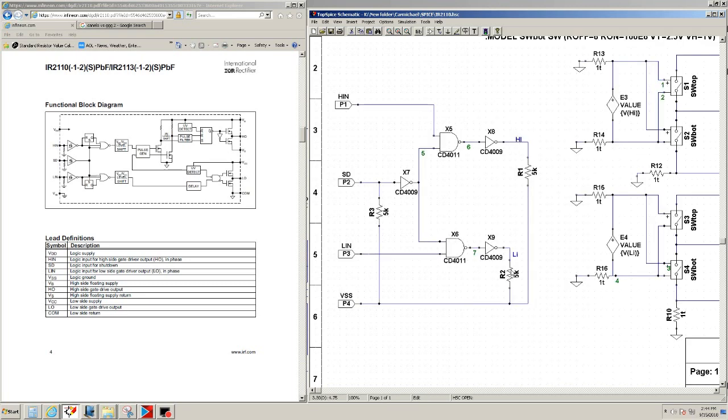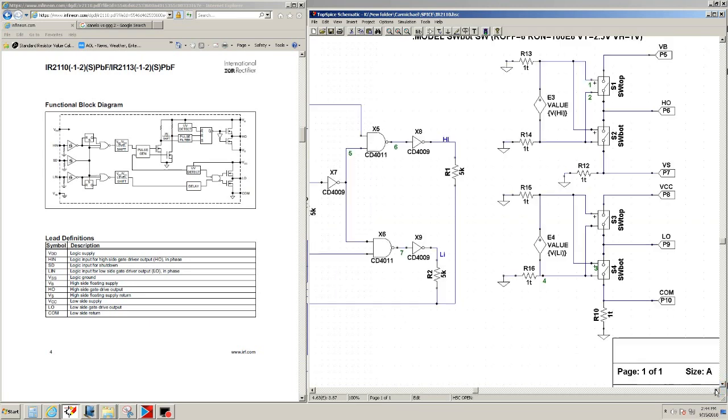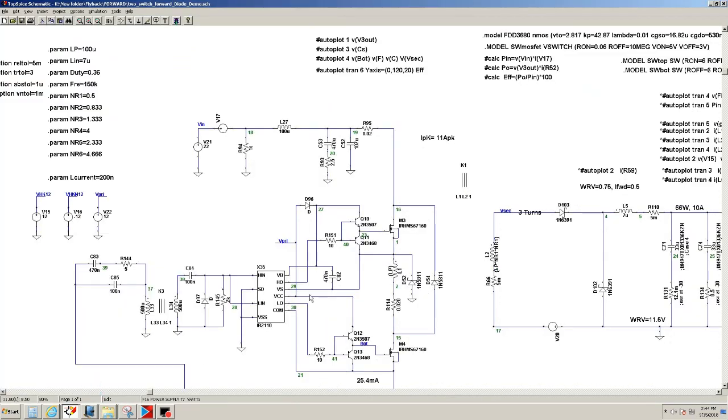I can put that there, and this is my shutdown. So basically all I have to do is assign some pins. I name them as close as possible: VB, HiLo, VS, and so forth. So now once I have this hierarchical schematic, I can go ahead and use it